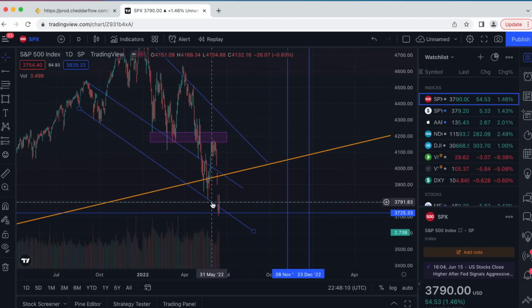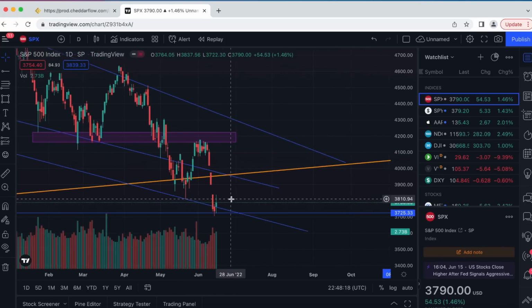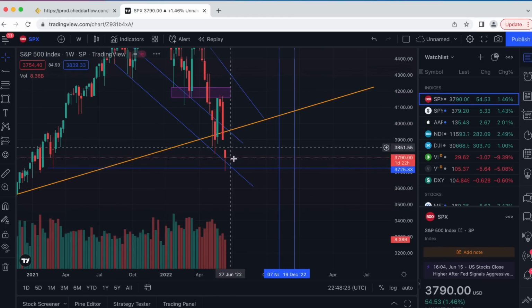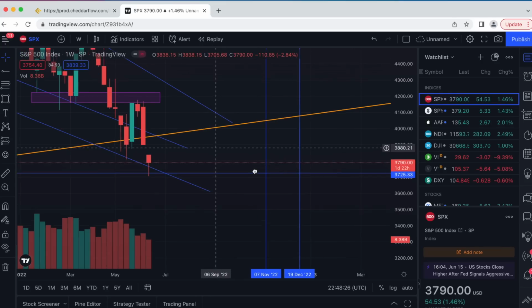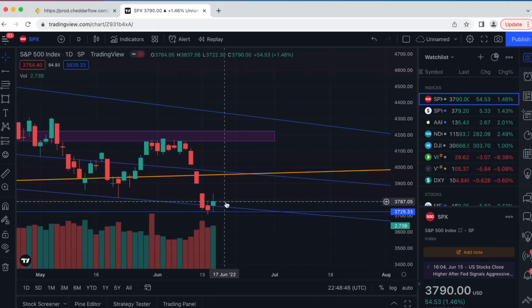So we actually used it as a support not too long ago. It was like 2 weeks ago, and we actually just recently fell straight through. So this brings the question, will this weekly candle for this week close meaningfully below this level? And if so, what will that mean for the following weeks afterwards? We actually had the previous week close slightly below it. This week, if we closed below again, this would be confirmation that there is probably going to be continuous downside, and we're probably not going to get back up above this thing in the near term at all. So that would be very bearish going forward, and I'm very interested to see if we have 2 weekly closes